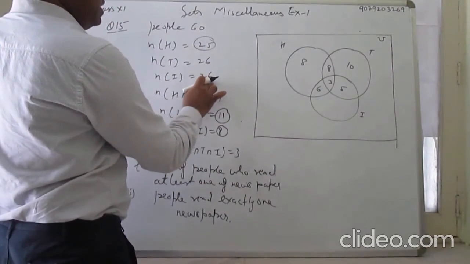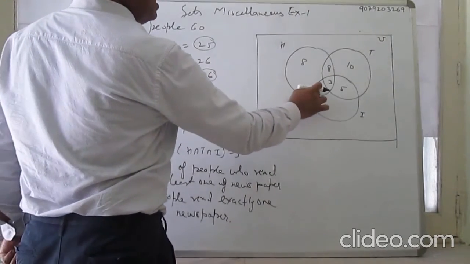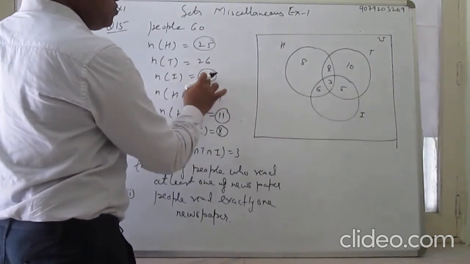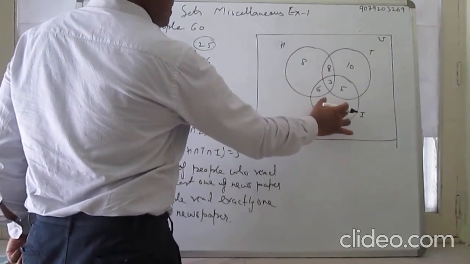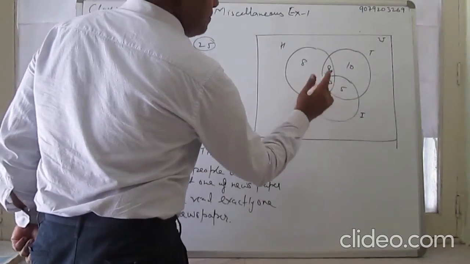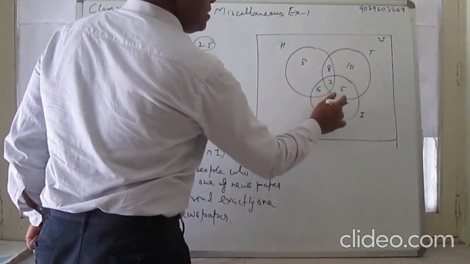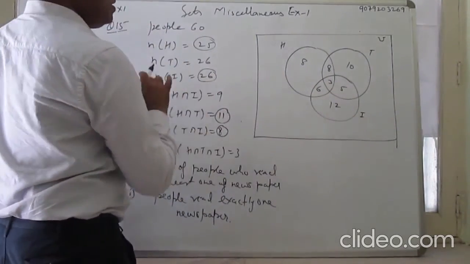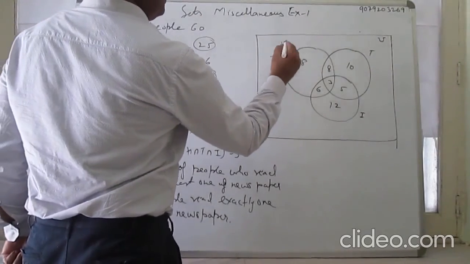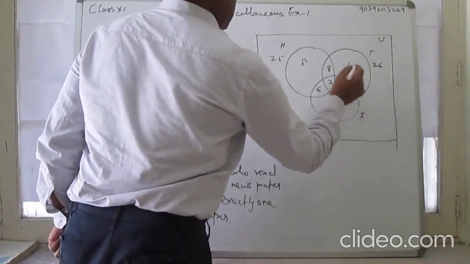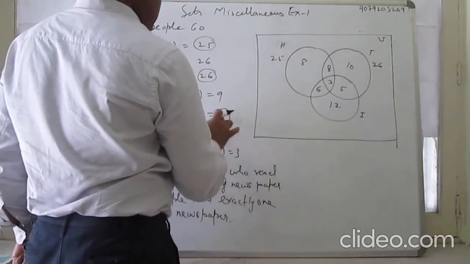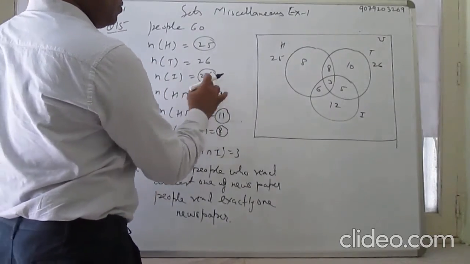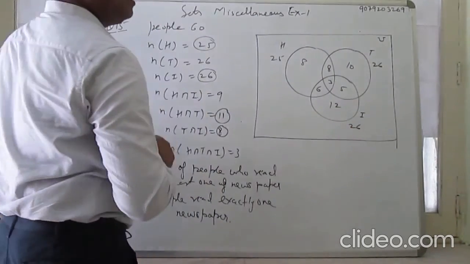में कितने हैं? 26. So 6 और 3, 9, 14. 14 में क्या जोड़ूं? टोटल कितने हो गए 14 और I में कितने 26 चाहिए मुझे, कितने की कमी पड़ रही है? 14 हो गए, 14 में 12 जोड़ दिए, कितने हो गए 26. Now see H 25, you can calculate T 26 and I is 26.